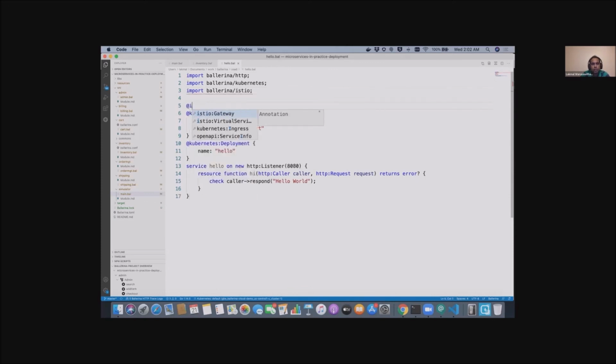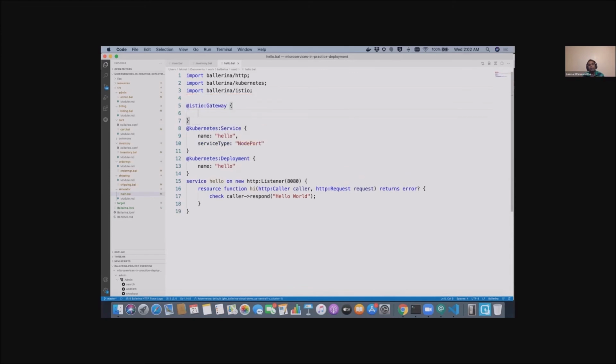You can use the Istio gateway, and it will deploy the Istio gateway with this service. If you want to deploy this into Lambda, you can annotate with a Lambda annotation, and you can deploy your application into the Lambda serverless framework.